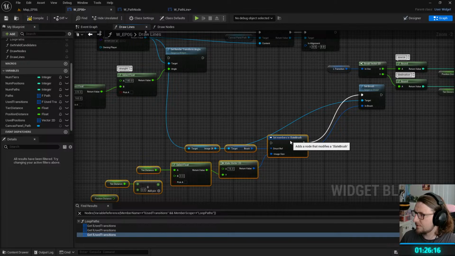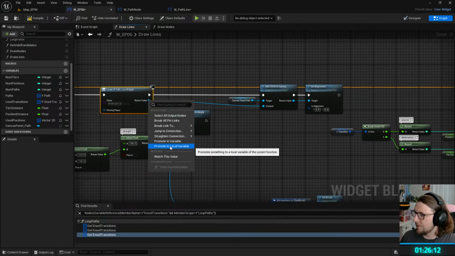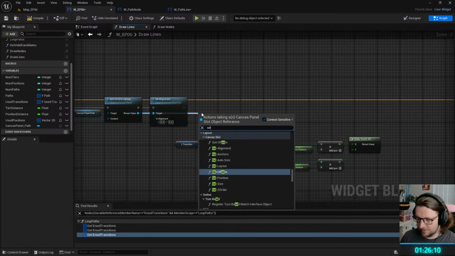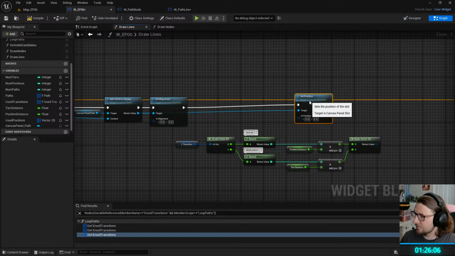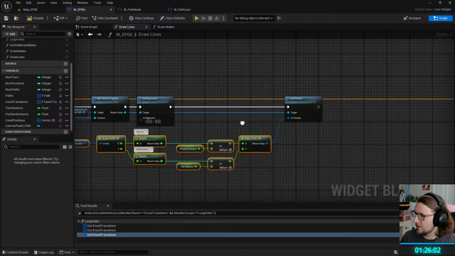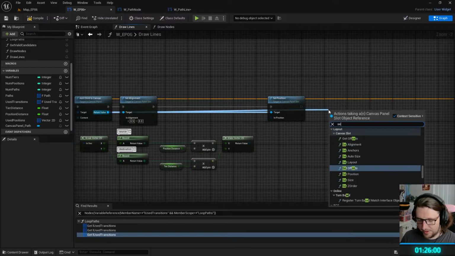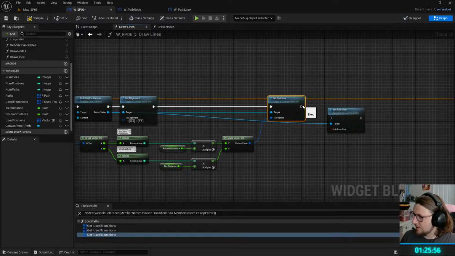Let's move these. Can promote, that's fine. So set position, like so. We're also going to set auto size to true,